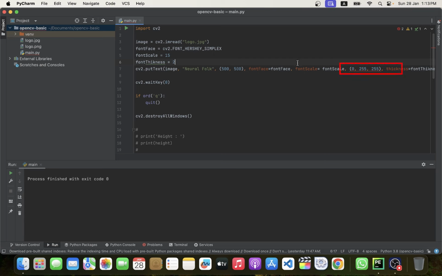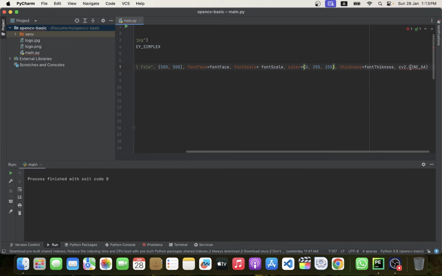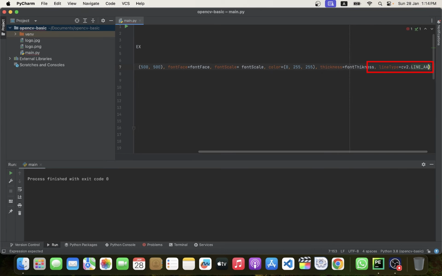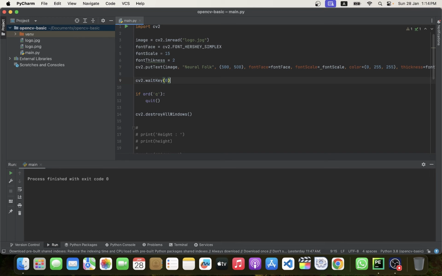We're getting an error here. Color is BGR. Any more errors? And here let's pass line type equal to cv2.LINE_AA. Now let's assign it to a variable. Let's name the variable text on image,